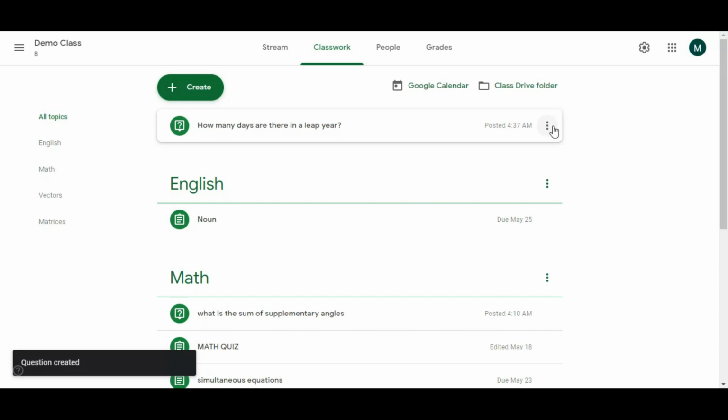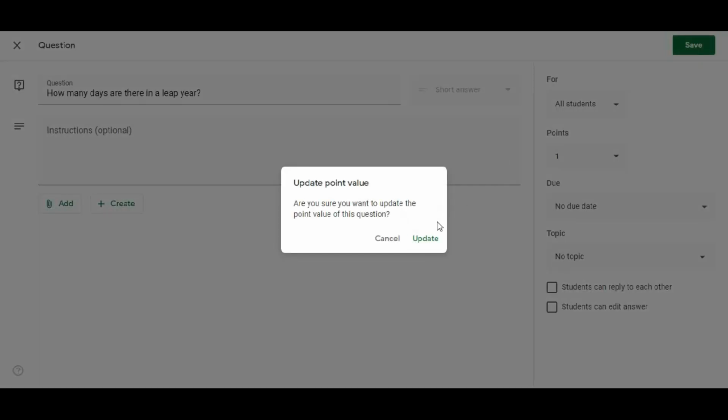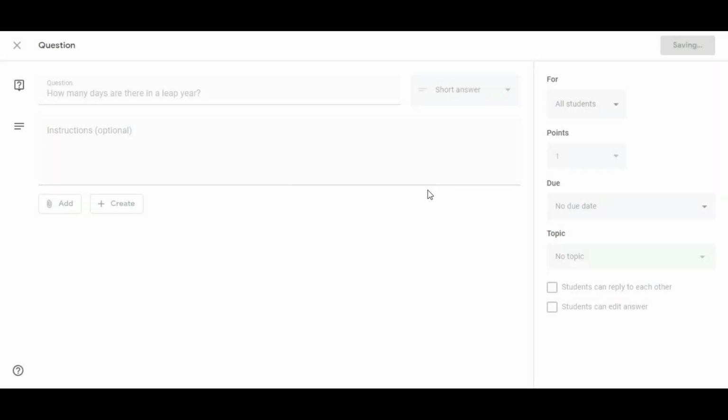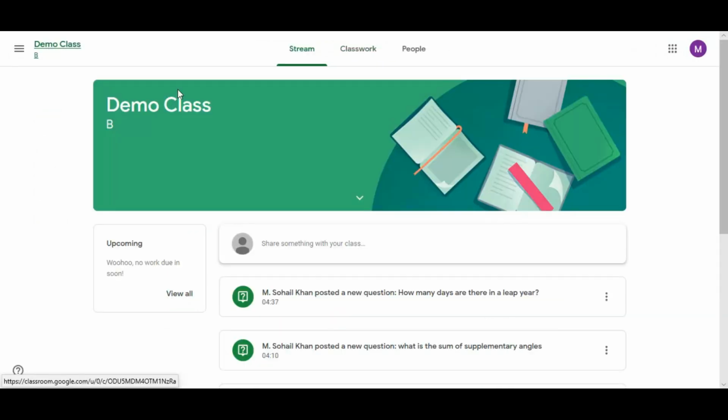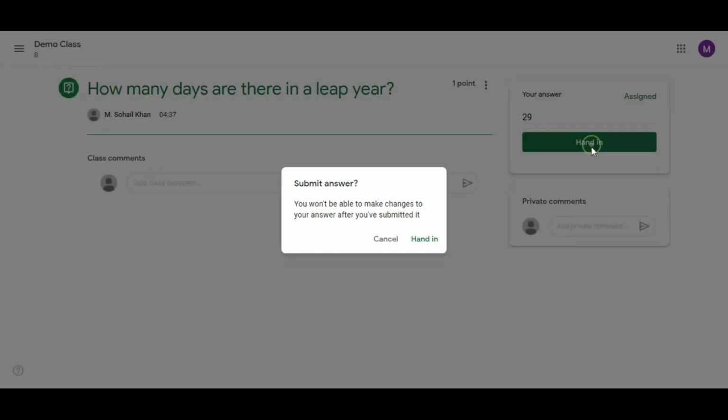You can later on change it, you can even delete it and edit it also if you want to change the marks. For example, you want to keep 1 mark for it, so just save it. It will be updated and it will be reflected to the students. You can see that there is a question, how many days are there, and here he can type the answer 29 and hand in.